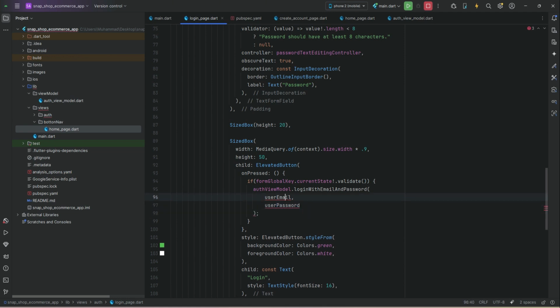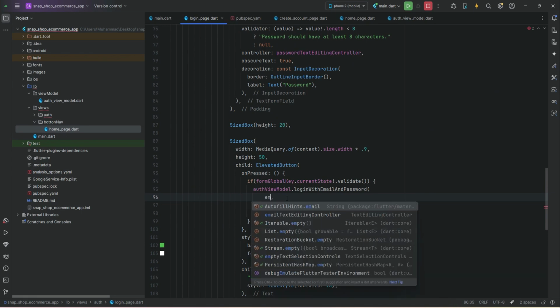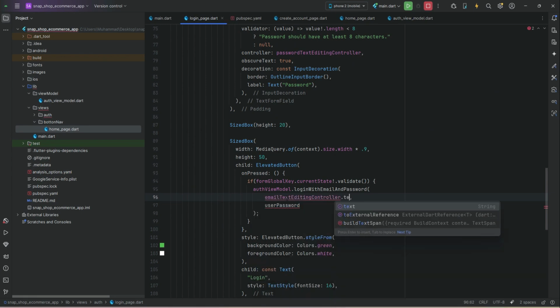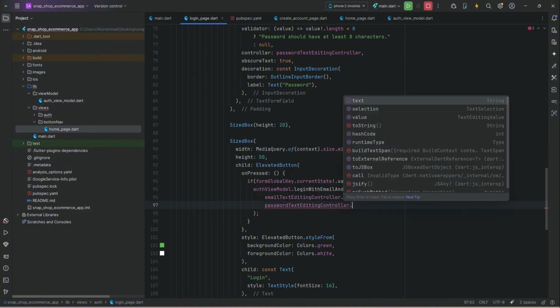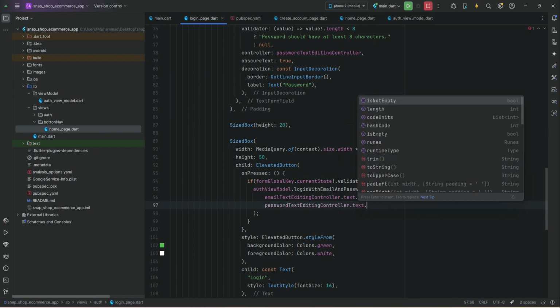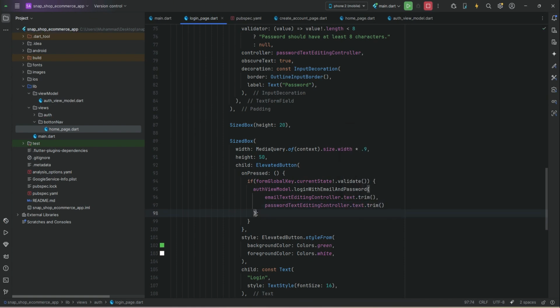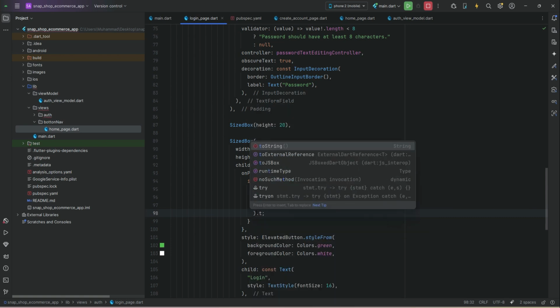So for example, the email we can get from the email text field, the password we can get from the password text field. We can say dot then,